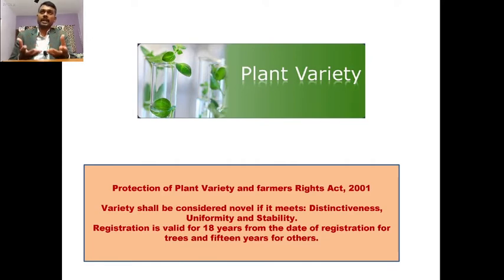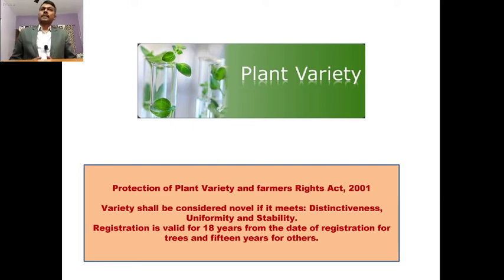You have made that plant, say, a pest resistant plant, a frost resistant plant, a drought resistant plant, by incorporating certain specific genes into it. Then you give birth to a new plant. Such plants can definitely be registered, and you can definitely have the exclusive right to breed those plants exclusively.